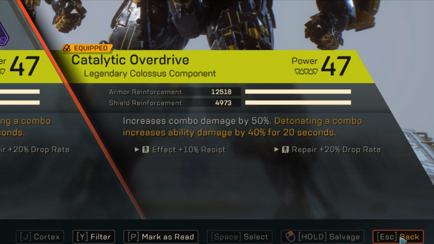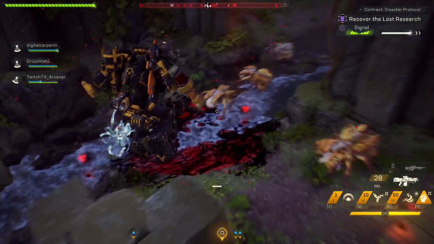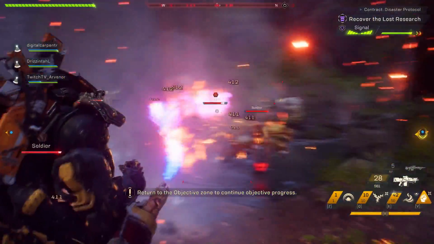You need your combos to do as much damage as possible to kill the enemies as quickly as possible, or frankly, they're going to overwhelm you and kill you. But also, this has the perk, detonating a combo increases ability damage by 40% for 20 seconds. This is where the build all comes together. You're detonating so many combos so easily,